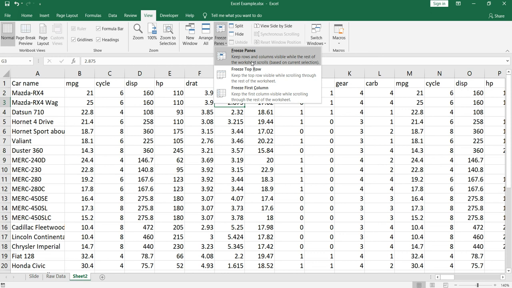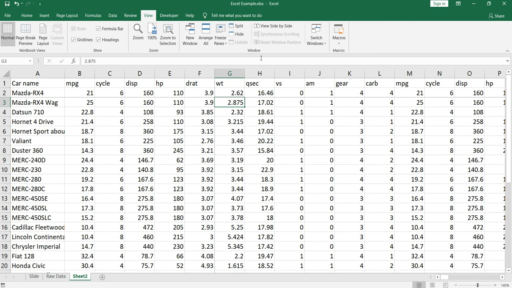So what it will do is that it will freeze the pane of the first row and the first column by default. So if I click on it, okay, what it does is that it will freeze at the cell which you have selected. So when I was freezing the pane, I had selected this G3.